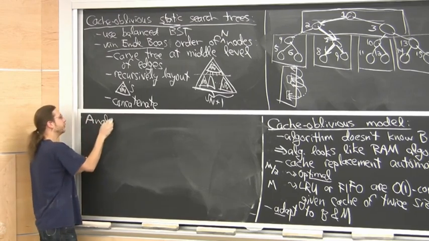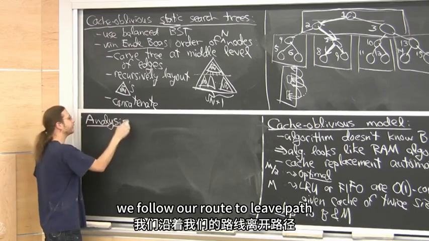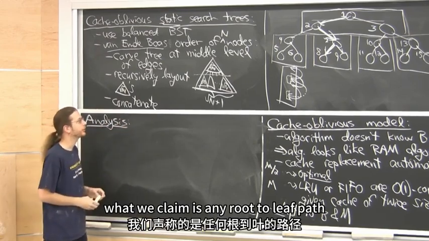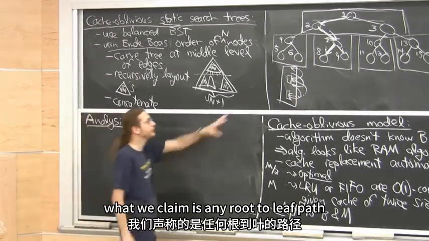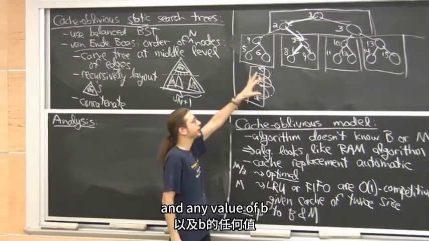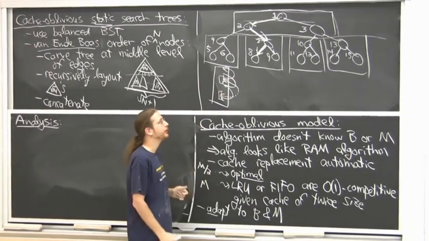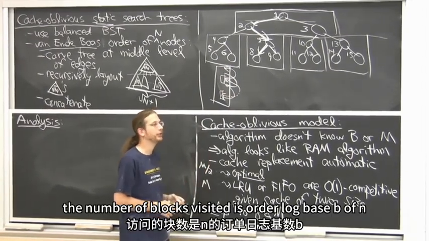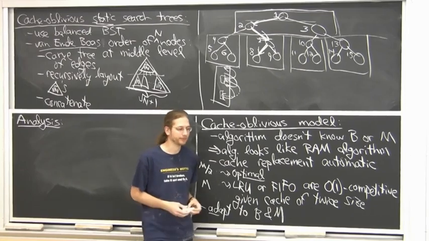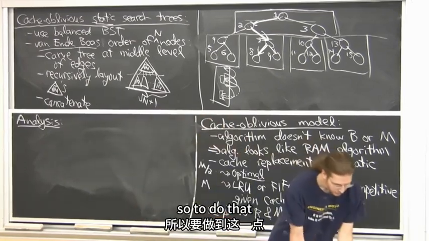Analysis. Order is clear. The algorithm is clear. We follow our root to leaf path. What we claim is any root to leaf path and any value of B, the number of blocks visited is order log base B of N. So to do that,